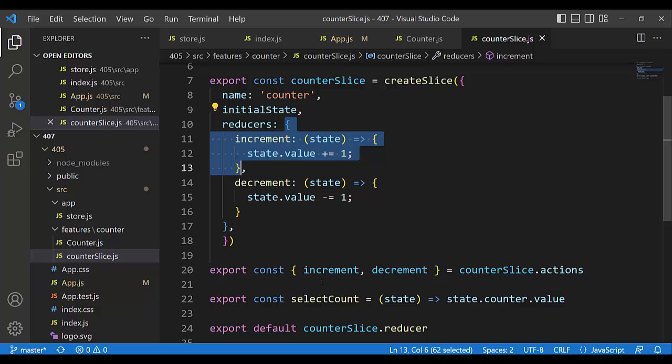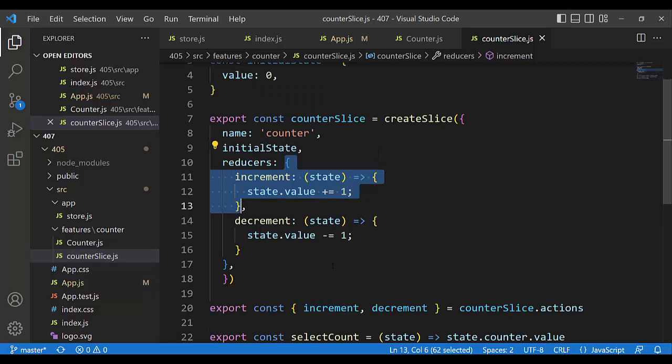And here all reducers are combined. We can have more reducers, but in this situation we have only one reducer named counter, and in that reducer